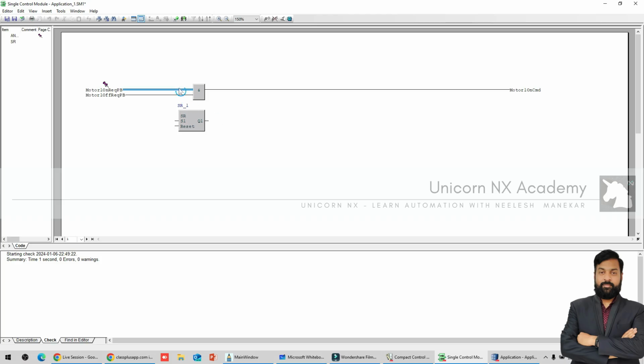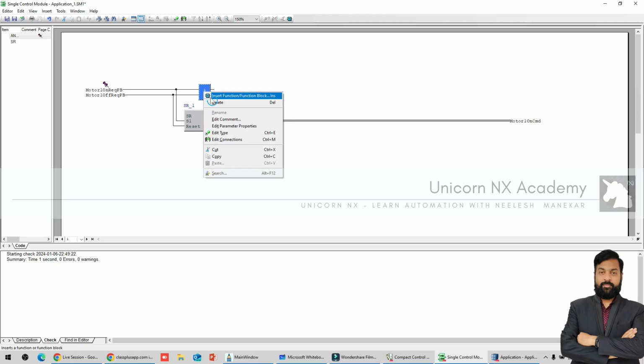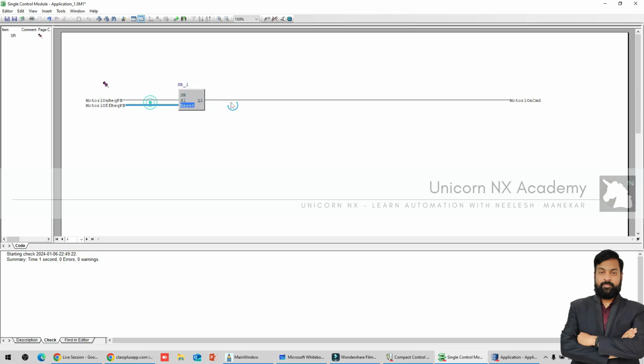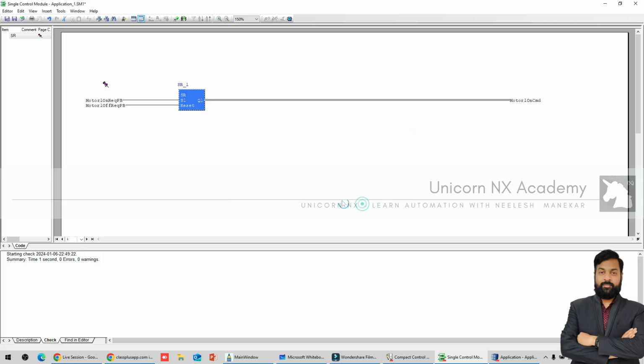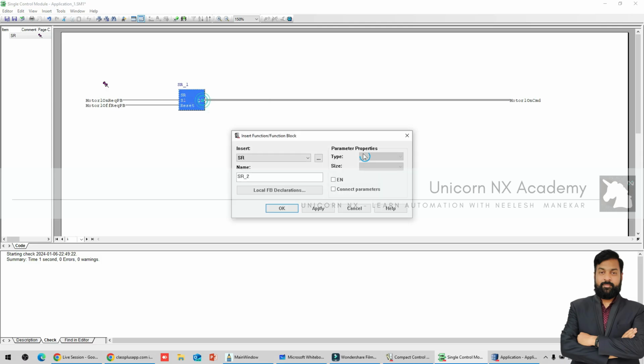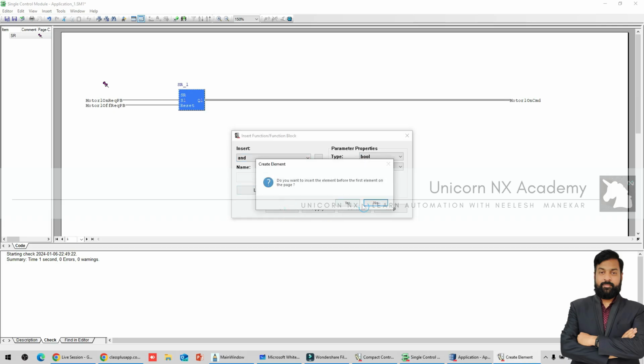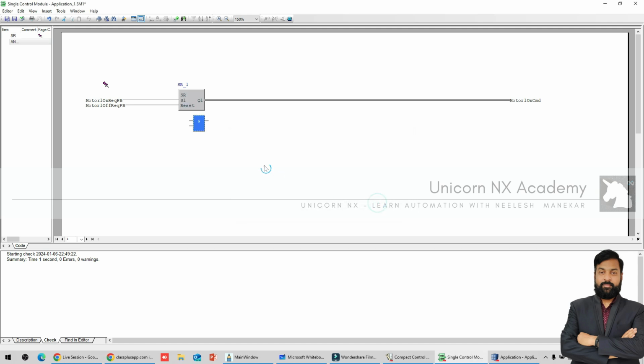Then you can have your logic developed for the motor on and off using a set reset flip flop. I use one AND block. Simply right click, insert, start typing A N D, and then it comes, then say okay. It will ask whether you want to put it before or after the function block. I say okay, and then I say when the motor is on